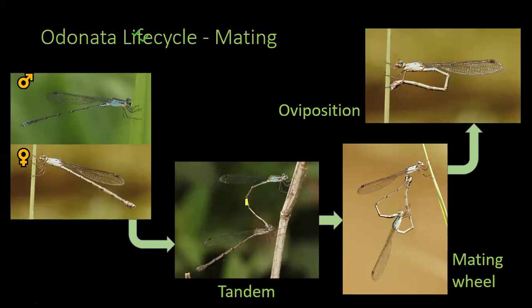They use the female's prothorax, or the front part of their thorax. So they have slight differences in their mating process, but generally they follow the same behavioral pattern. Once in tandem, they form a position known as the mating wheel, sometimes known as the wheel position, or sometimes the heart position, because of this